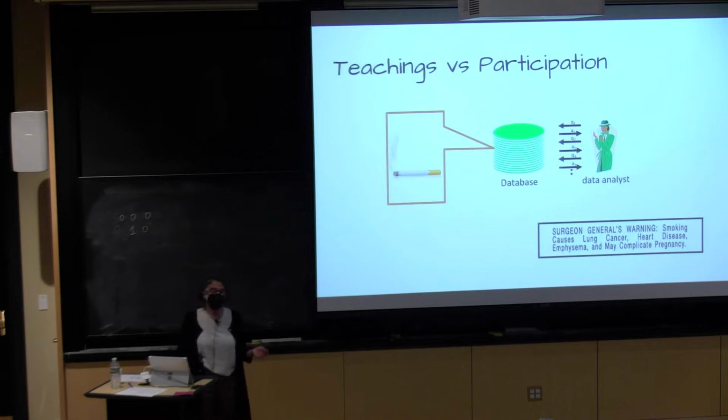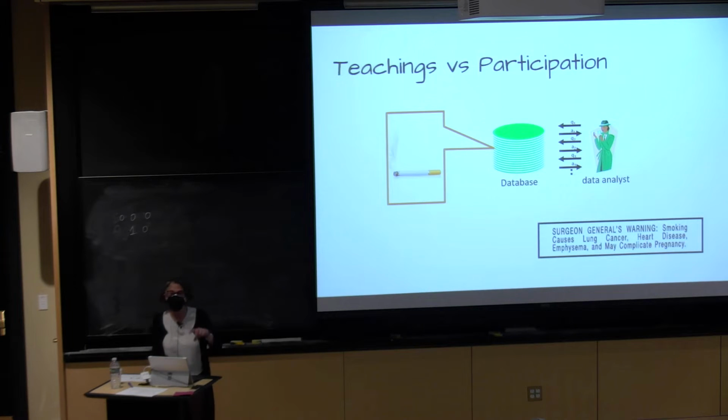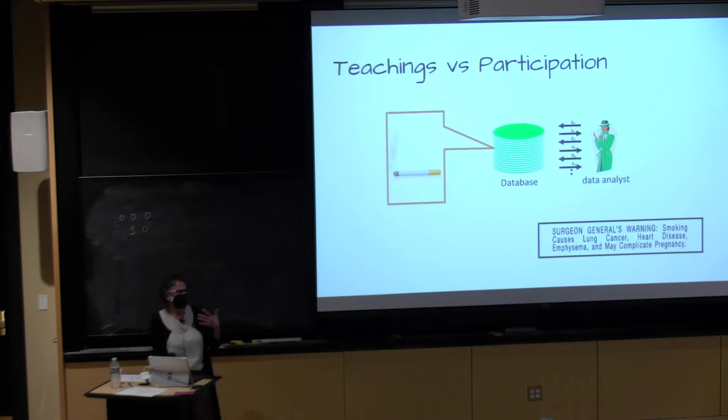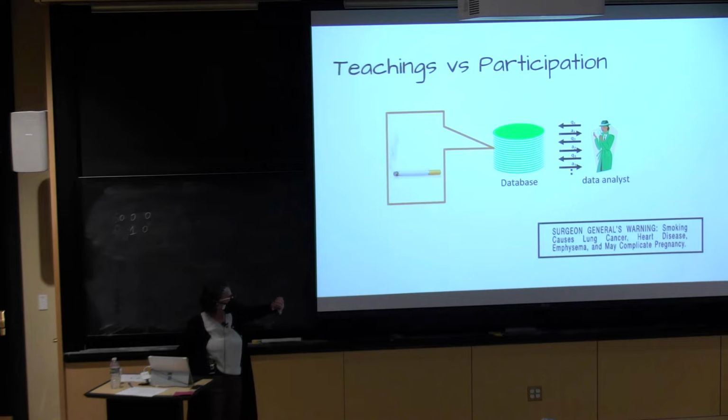So what's one kind of harm? One kind of harm might be the following. We have a database, it's a medical database. We learn from it that smoking causes cancer. Let's say I'm a smoker, I'm not, but suppose I've learned that I am, then my insurance rates will go up, right? I'm harmed. On the other hand, learning that smoking causes cancer is the whole point of medical research, because it teaches people that they should stop smoking, and maybe I will now enroll in a smoking cessation program. So we like science, we like learning, we like machine learning, and this is what we want to be able to continue to do.